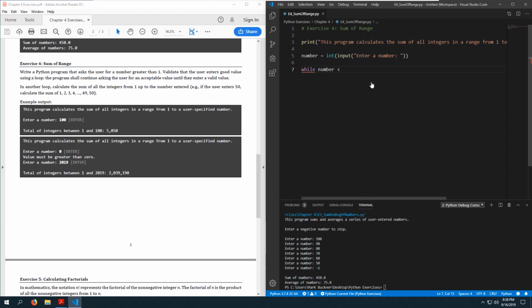Okay, so it is less than or equal to 1. Although, let's go with 0. Number less than or equal to 0, because if you take a look, it does say here value must be greater than 0. It doesn't say anything about being greater than 1. So we'll go with that. While number less than or equal to 0,